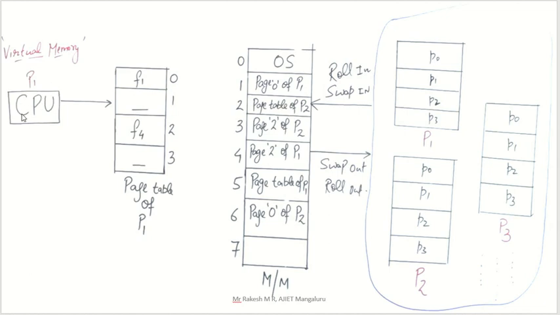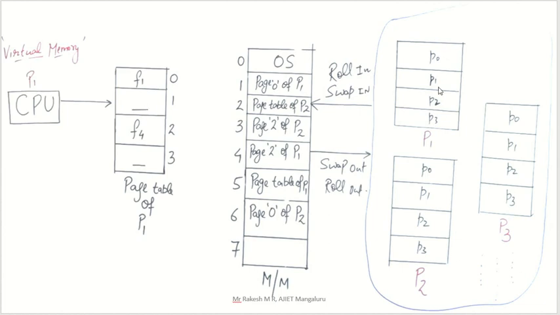And now consider the CPU asking for page 1 of process 1. Now the logical address for page 1 of process 1 is searched in the page table. Here for page 1 nothing is there, it is completely blank. That means in your main memory that page 1 is not there. So that's why the page table is also blank. If there were any entry, definitely the page table would also be filled. But in main memory we don't have page 1, that's why there is no entry here.